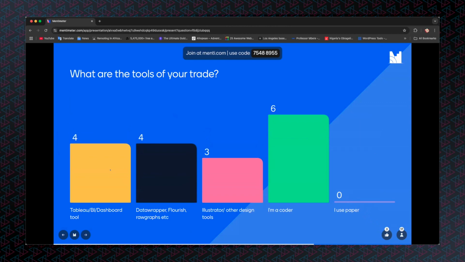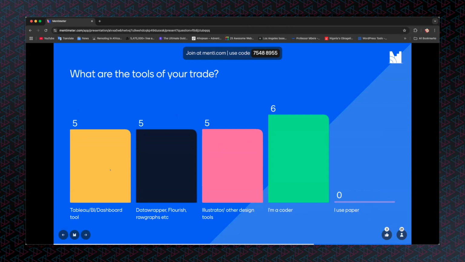So the Svelte, the JavaScripts, the Pythoners, and then are you a paper-based superhero? Cool, okay. These people are all digital. No, I'm using paper. Okay, there we go. Lisa, you're doing a good job. DataWrapper is up there. But Illustrator and design tools are taking the win alongside coding, and that's interesting.